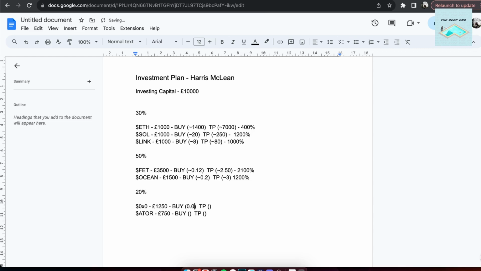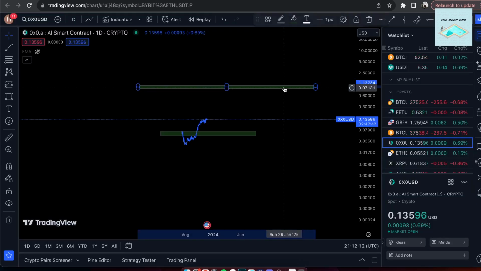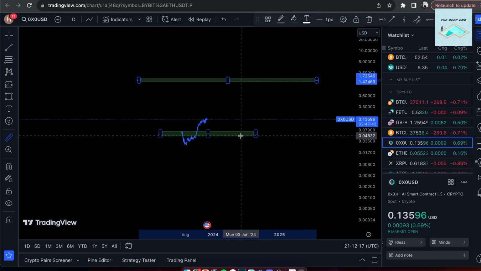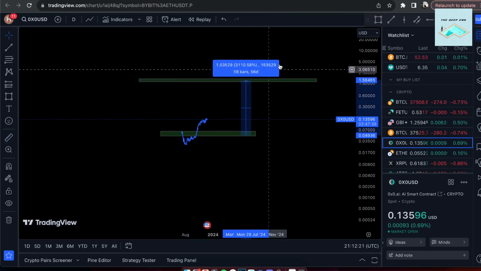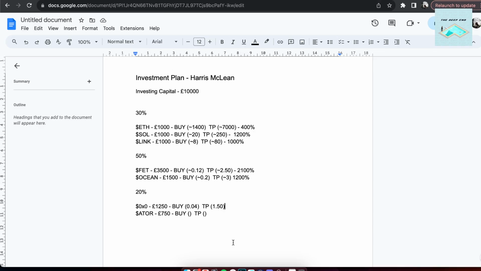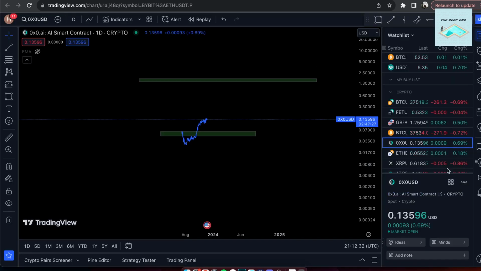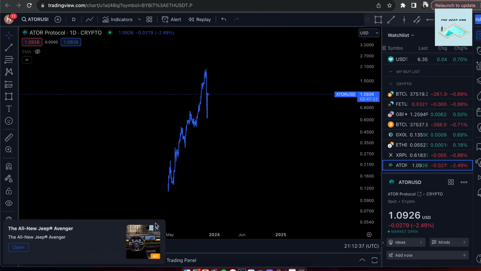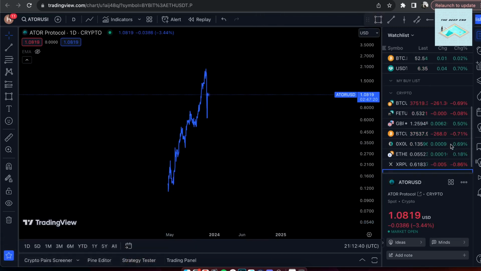So OXO 0.04, I'm gonna do like 150 for that. I'm gonna change that a little bit because I think that's a bit reserved. So if we buy it like 0.04, getting up to there, that's about 30 times your money. And I know that sounds deluded to just sit and say that as if it's normal. But as I said, you don't know until you see it. You can look back in charts and you probably say to me, well, that's unrealistic. I'll